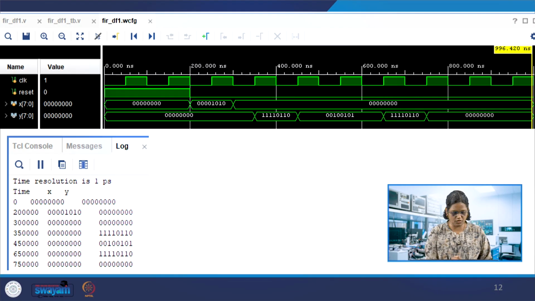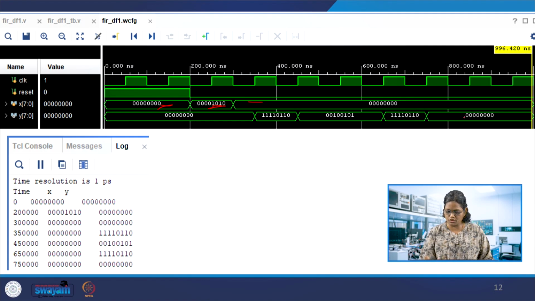You could see the x input is 0, and then made 10, after that it is 0. So, for one cycle from here to here, this is the place where reset is made 1 and then reset is 0. So when reset is 1, the output will be 0. Okay, after this is 0, still this input feeds through and we take the output.